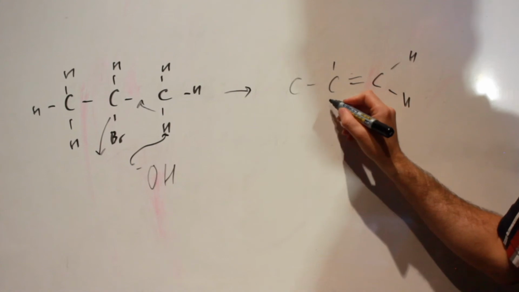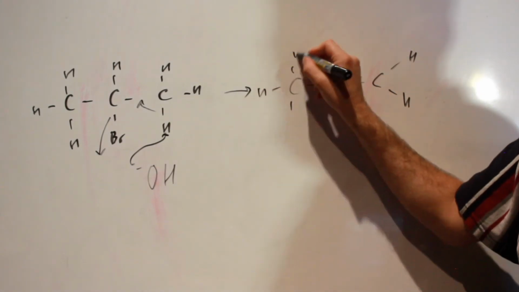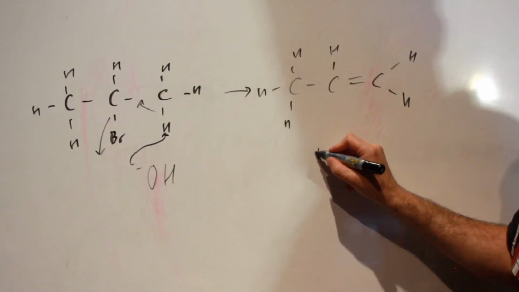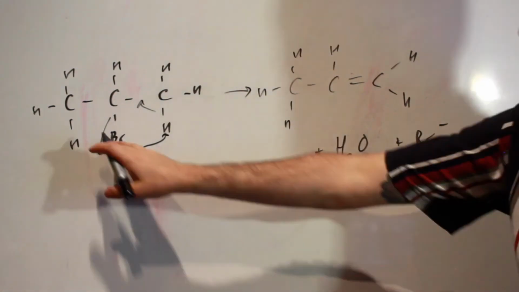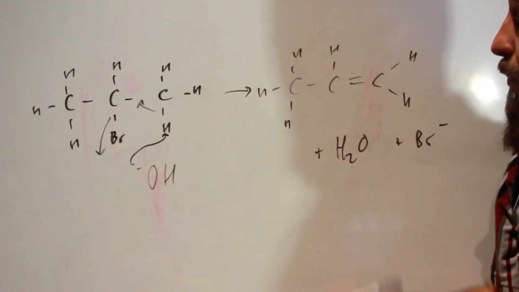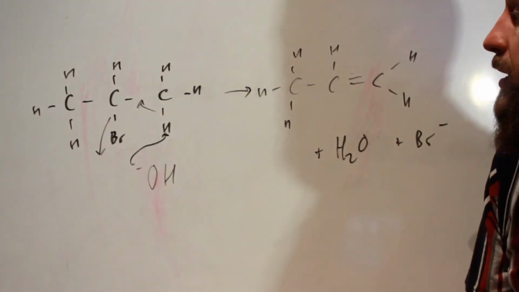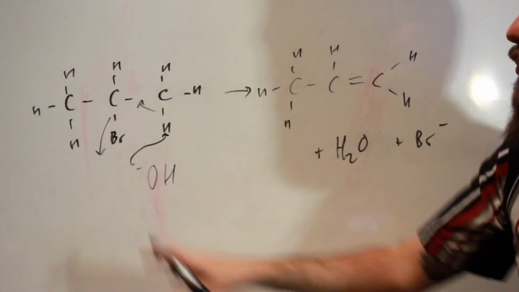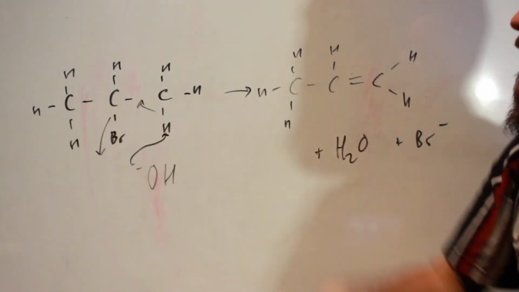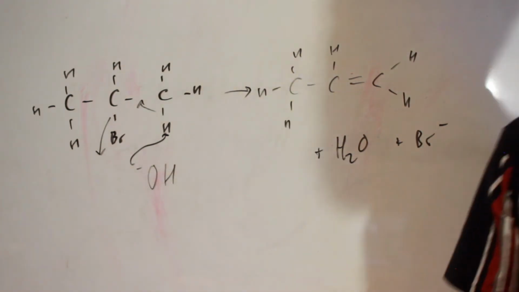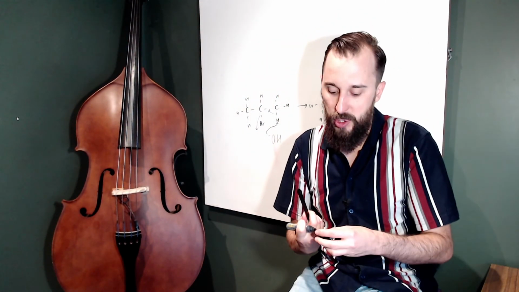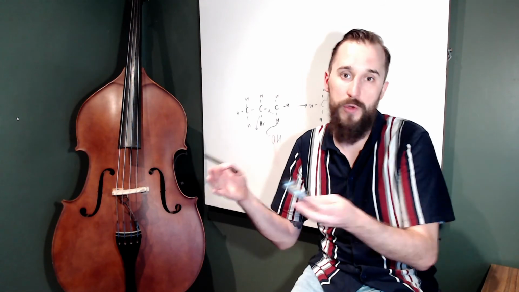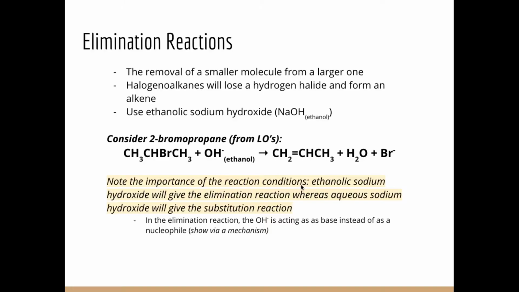Still got plenty of space here. And then we've formed water from the H2O, and then our bromide, which has left. Now, this can happen in either one step or two steps, depending on the type of halogenoalkane that we have. The bromine can leave first, and then we can get the double bond formed, or it can happen all in one step like that. Elimination reactions aren't ones that we're too concerned with the mechanism of, but we're going to see in the next lesson with substitution reactions how the one-step and the two-step processes for substitution reactions will differ